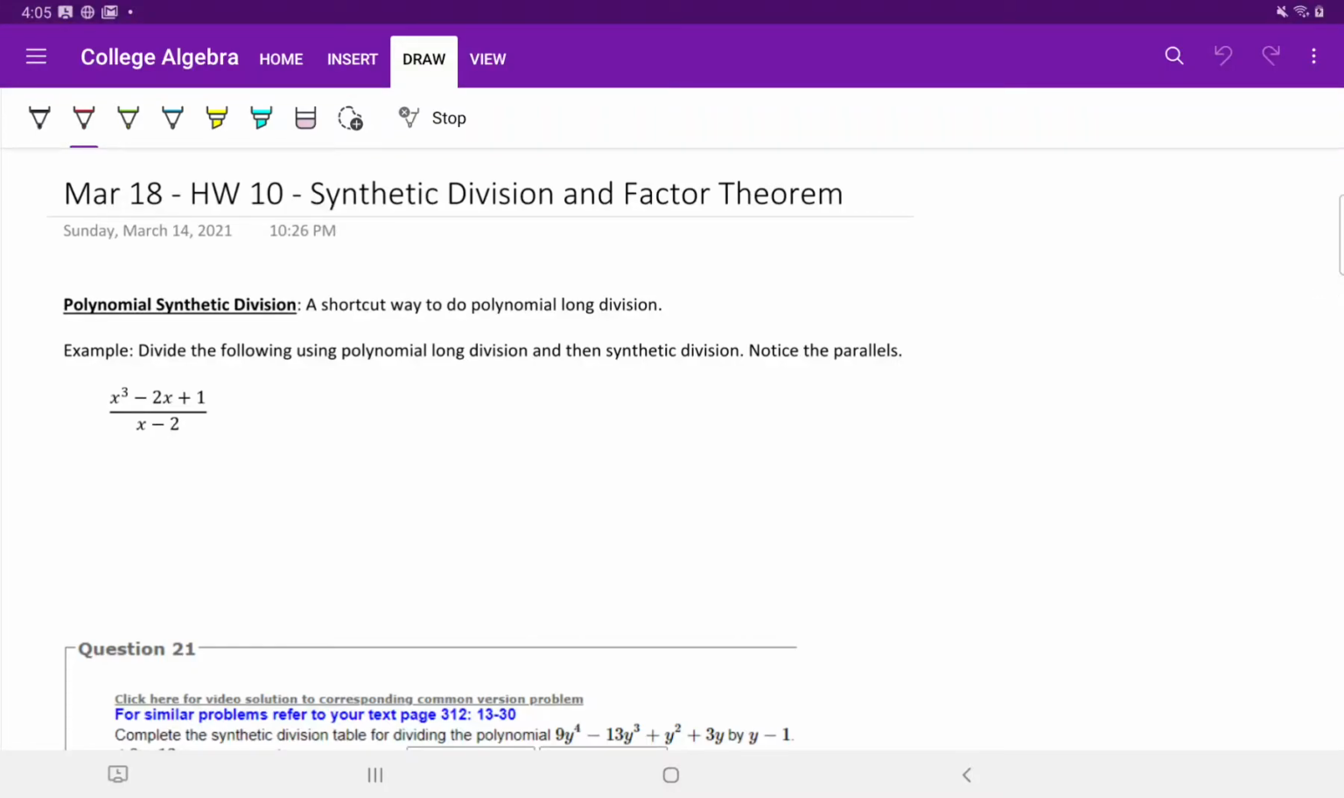Hello students, this video is just a reminder about polynomial division because in our next video we're going to be dealing with asymptotes, and you have to use polynomial division to find asymptotes. So there are two ways to divide polynomials. The standard way is called polynomial long division, but there's a shortcut called synthetic division, and to show you how